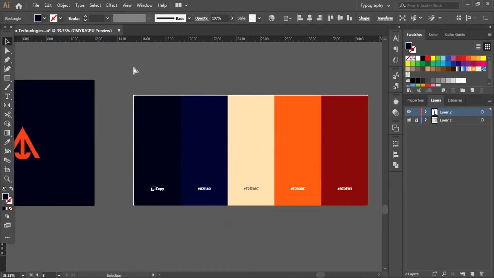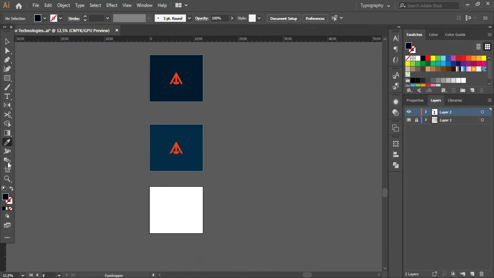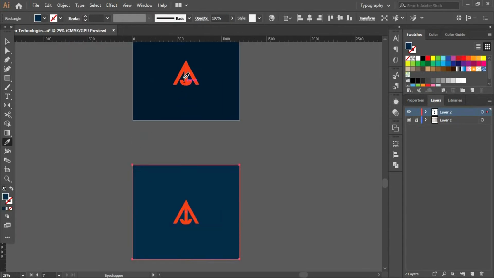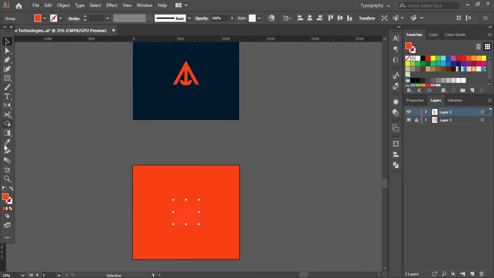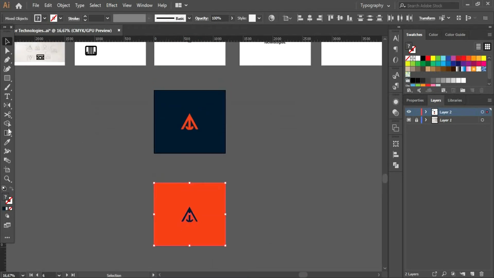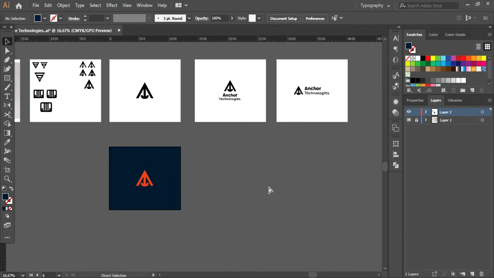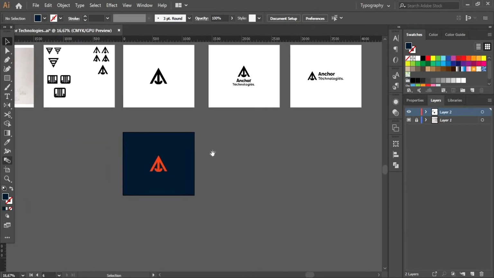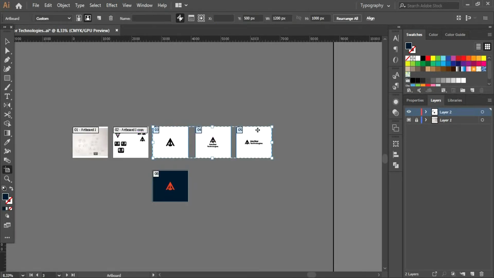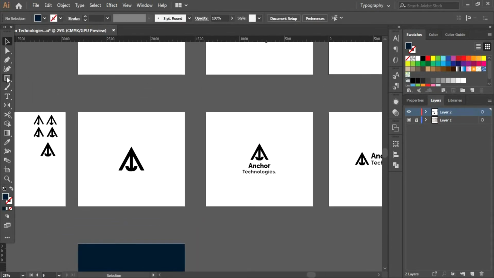I think we're gonna go with the first one. I'm gonna remove this. Let's also try reversing them, but it's gonna be too bright, maybe. Yeah, we're gonna use that one. So here we have our color. Let's just make a copy of these three, make them in monochromatic versions, so both reversed. Select everything, white,